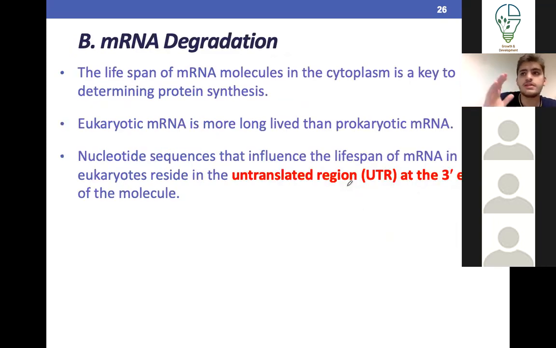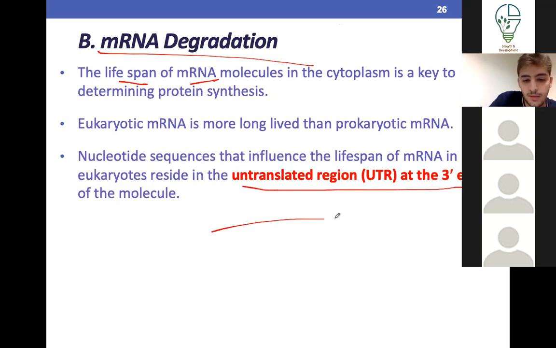The other way is, just because you have spliced the RNA and made it doesn't mean that it will form the protein, because the mRNA can be immediately degraded in the cytoplasm. So the lifespan of an mRNA determines if it's going to produce a protein or not. If an mRNA has a long lifespan, it will stay in the cytoplasm for a long time and produce more proteins. If it gets degraded immediately, it won't produce the proteins. And they say the half-life is determined by the UTR at the 3' end.